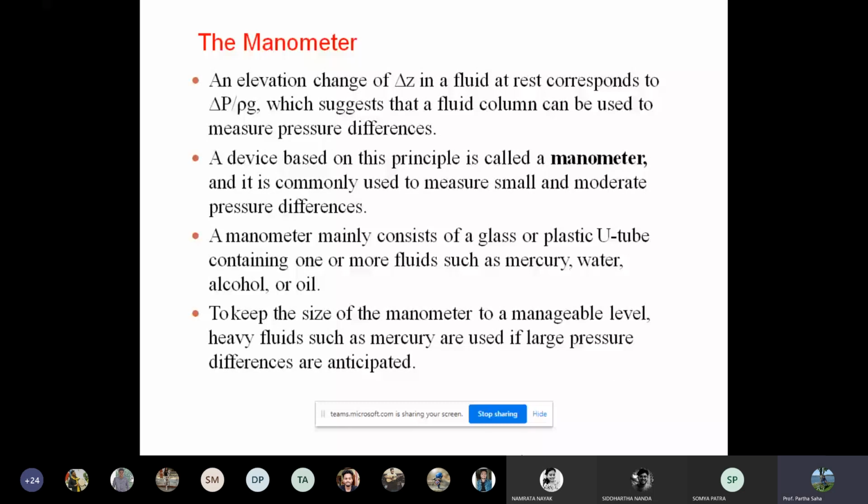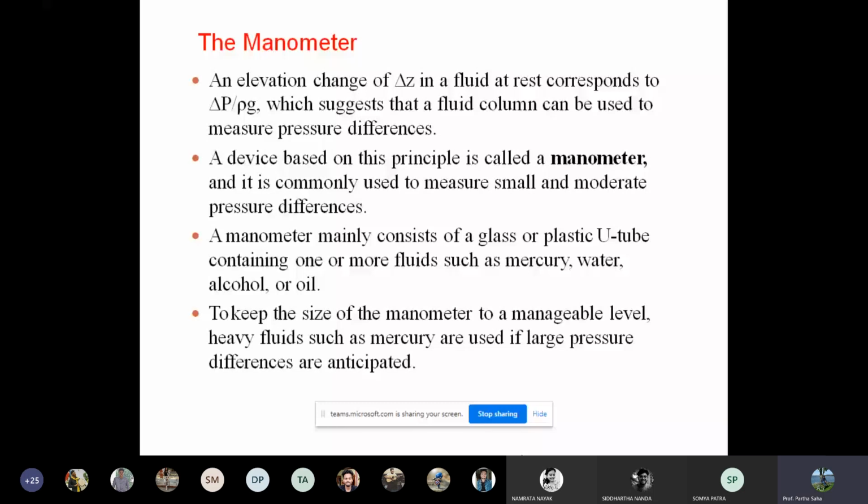So briefly, as you know, we have talked about how the height difference in a manometer is determined. It is delta Z, actually delta P by rho g, or rather delta P is rho gh, like pressure differences, so pressure head is rho gh. So from that, you can determine how much height is elevated or how much height is depressed, depending on if you use two liquids of two different densities.